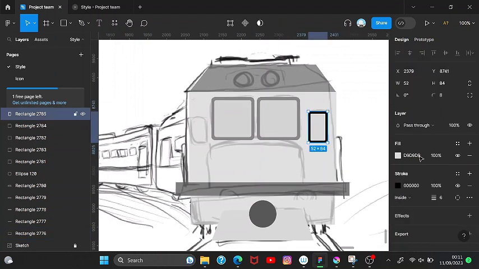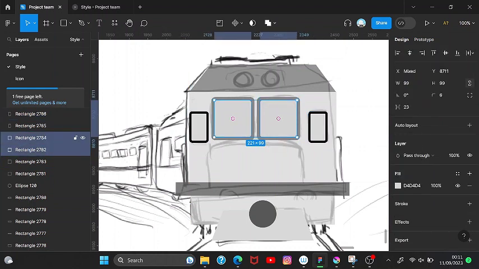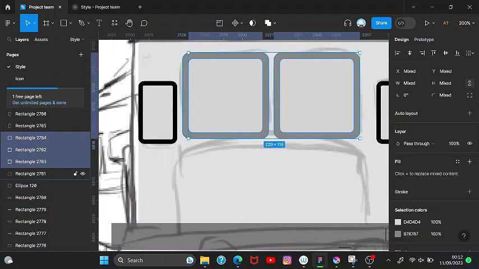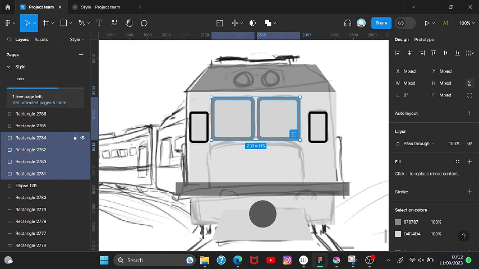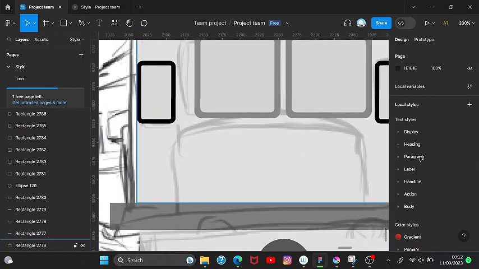And then copy it to the other side. Sorry, I'm sneezing. Maybe I'll just hit the center like this, and then let's make this with